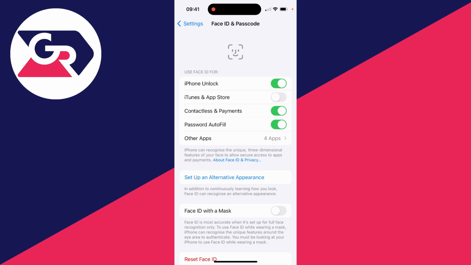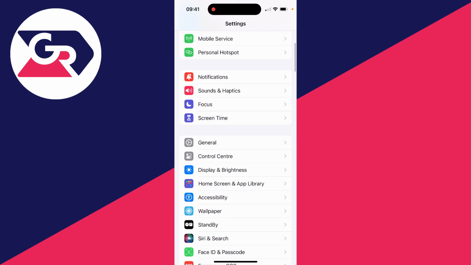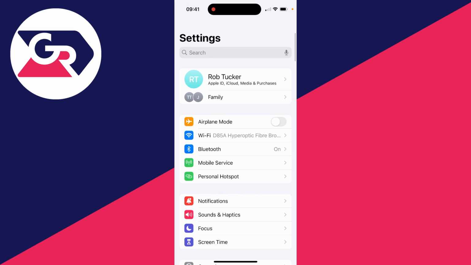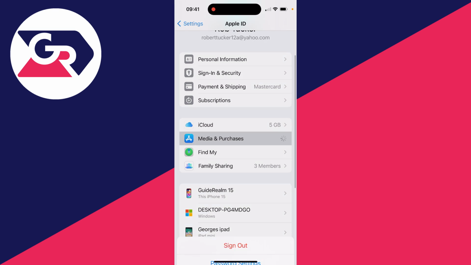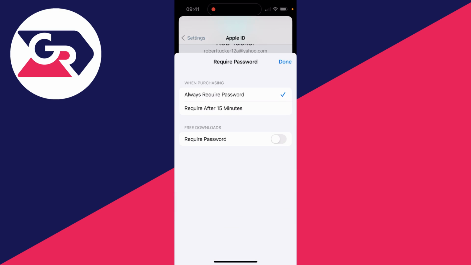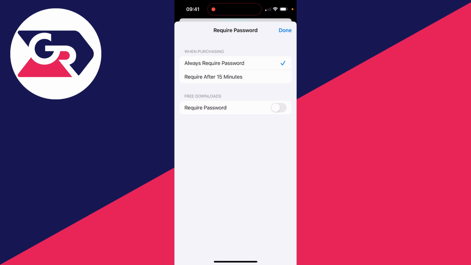this off like so. Then all you want to do is go and scroll to the top, click on your name to get your Apple ID settings, and scroll down and click on Media and Purchases and click on Password Settings. Make sure that Free Downloads has the Require Password setting switched off. This means you can download free apps without the password. You can also go and set when purchasing to require after 15 minutes as well, so you don't have to